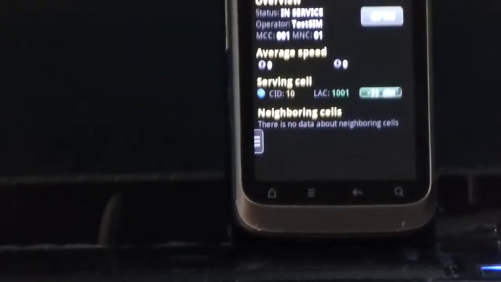So now the cell ID is updated to 10 and LAC is updated to 1000, which is the cell ID and location area code of this BTS.